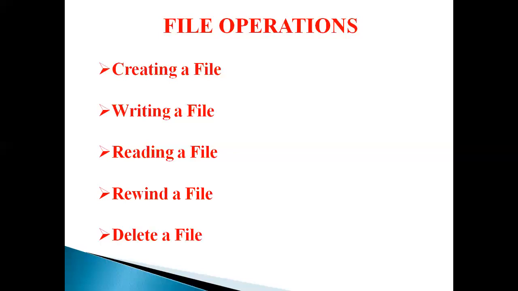The last one is deleting a file. For deleting a file, we have to search for the particular file on the disk. If it is found, it releases the memory space and the directory entry becomes invalid. It means the particular file is found on the disk, then afterwards it releases the memory space and that directory entry becomes invalid. So in these file operations, we are constantly seeing that we are searching a device directory.